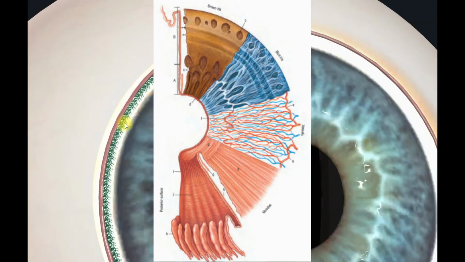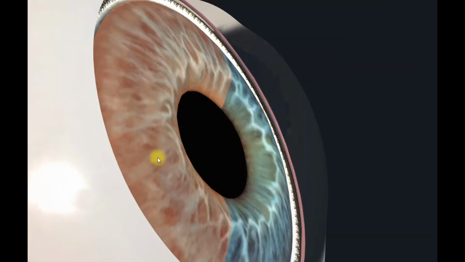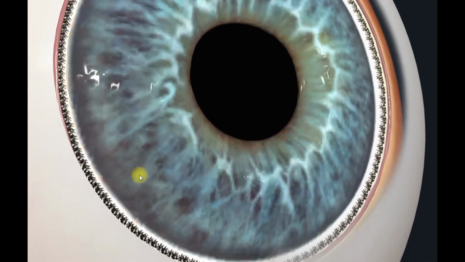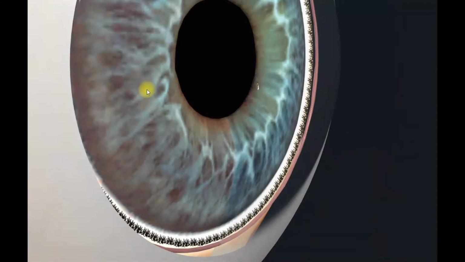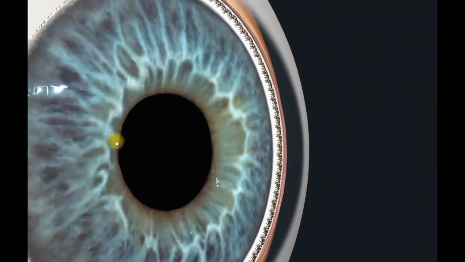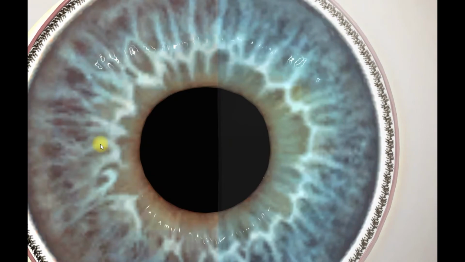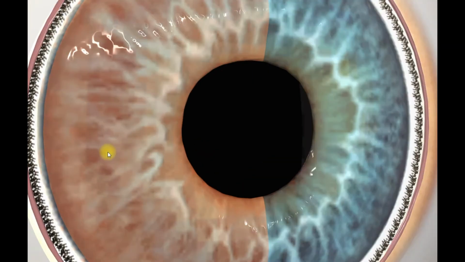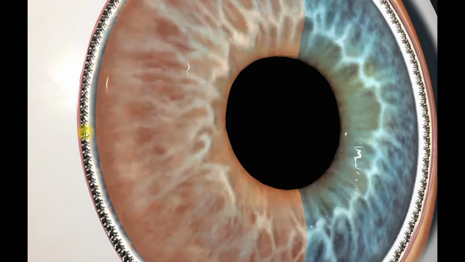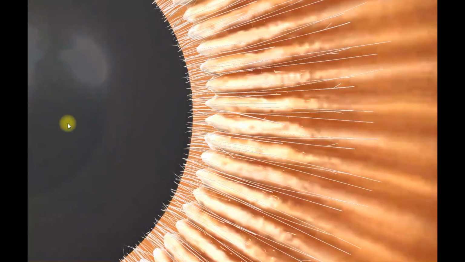The iris. The circular pigmented membrane behind the cornea that surrounds the pupil, the most anterior portion of the vascular tunic of the eye. It is made up of a flat band of circular muscular fibers surrounding the pupil and a thin layer of smooth muscle fibers by which the pupil is dilated, regulating the amount of light entering the eye through the pupil, and posteriorly two layers of pigmented epithelial cells which are responsible for the color of the iris. This iris consists of an outer and inner surface.